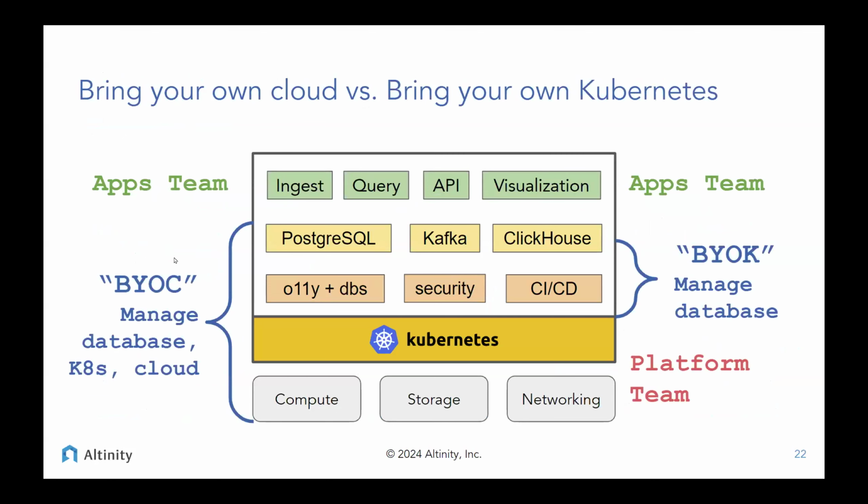So there are a couple different models for how this could work, just in general. We see both of them, and we support both of them. I think if you look at other products, you will see how people have taken this approach as well. So one is what we call bring your own cloud. Since the environments that we run on, as we call them, are just Kubernetes clusters, in the bring your own cloud